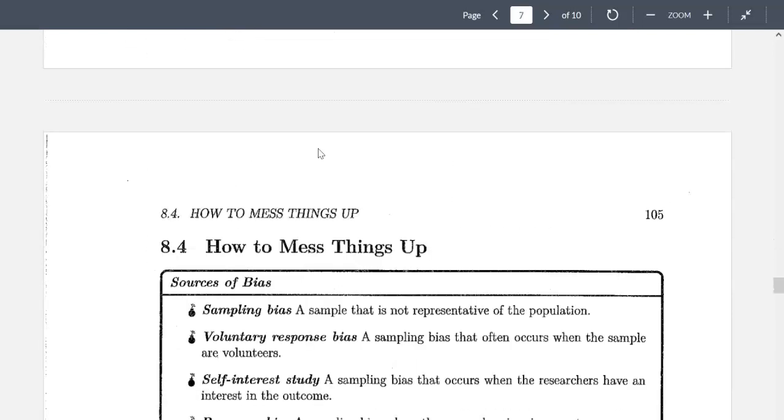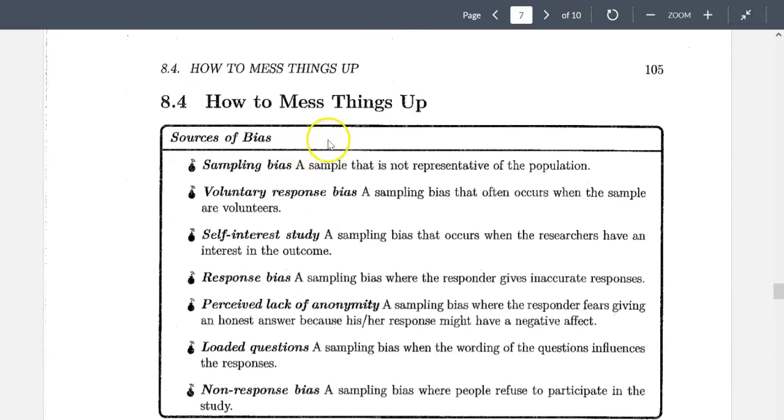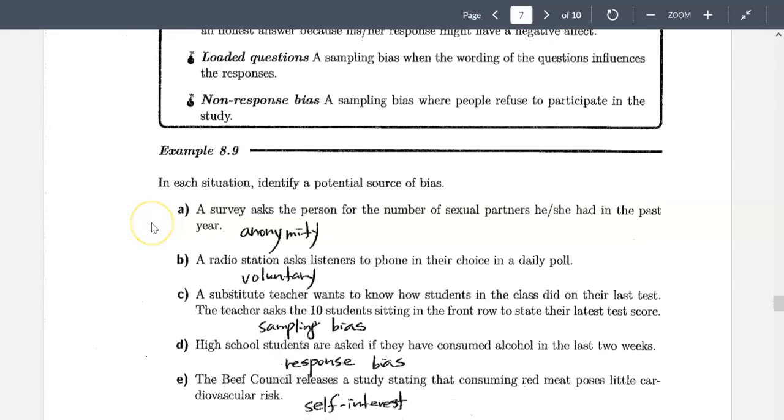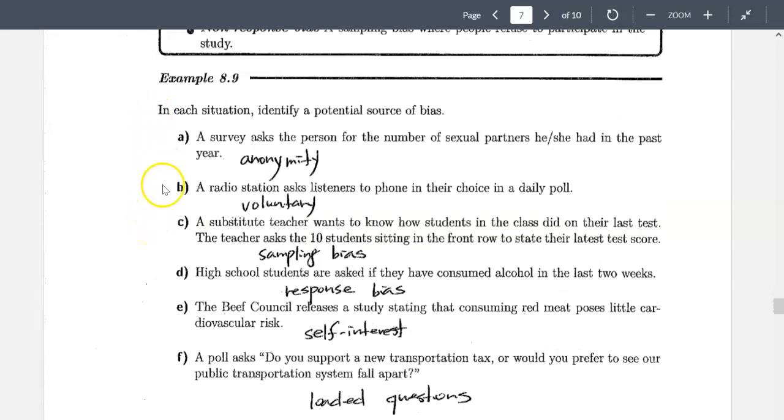Now, how to mess things up. Like I talked about before: sampling bias, volunteer response, self-interest study, response bias. All these create issues, and these are the things we try to avoid. Following that, we have a couple of examples that give you a scenario of when you do these, and these are the things